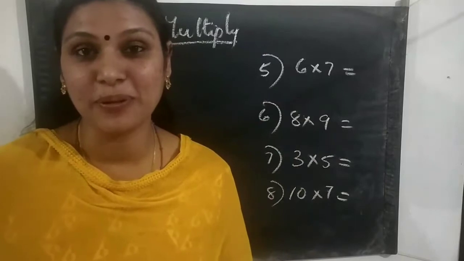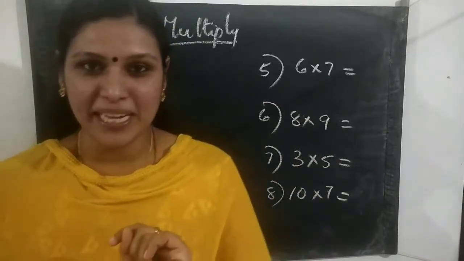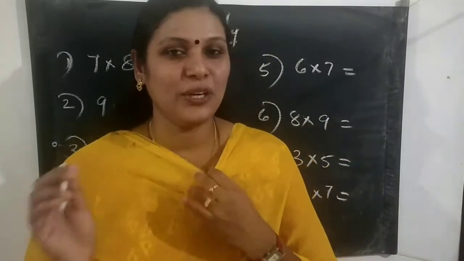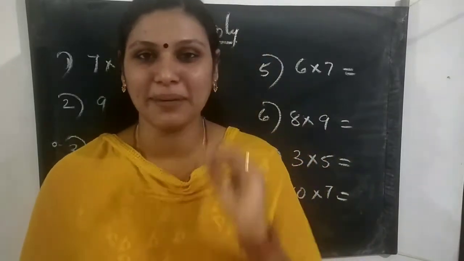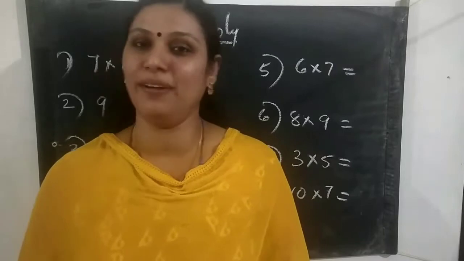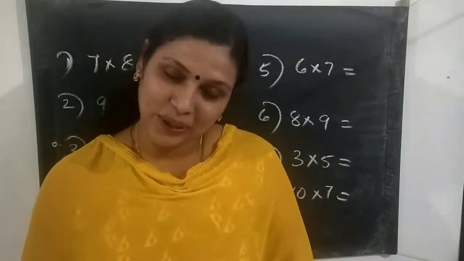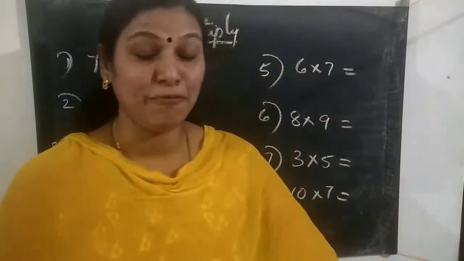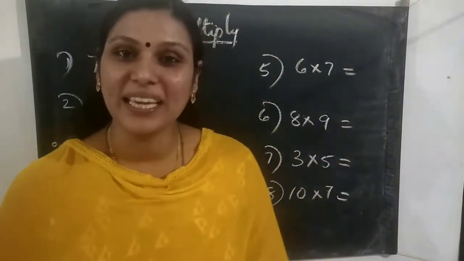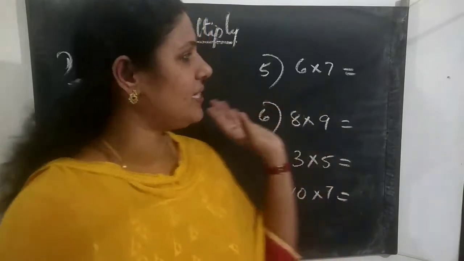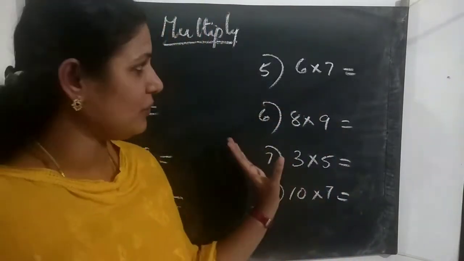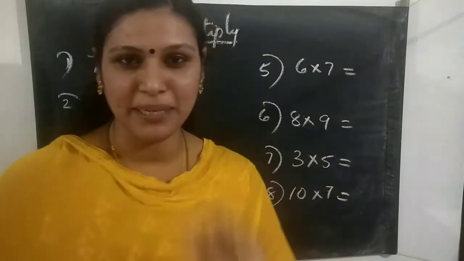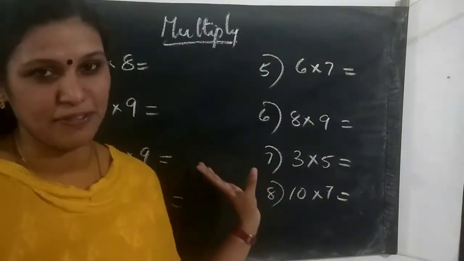Last time we learned the multiplication table from 1 to 10. Now I know that you are all studying the multiplication table very well, isn't it? Okay, you are very good children, and I am very happy. So here are some questions. Now we are multiplying two numbers first, based on that multiplication table.